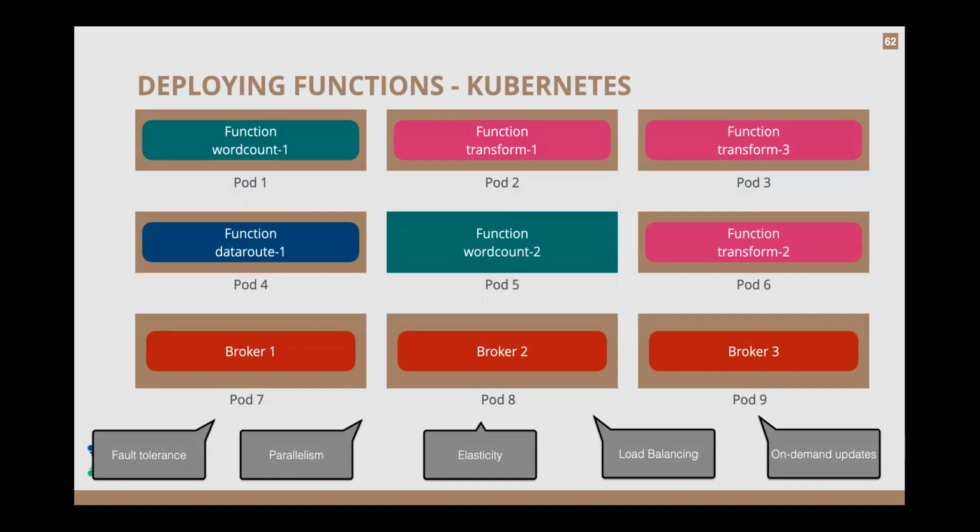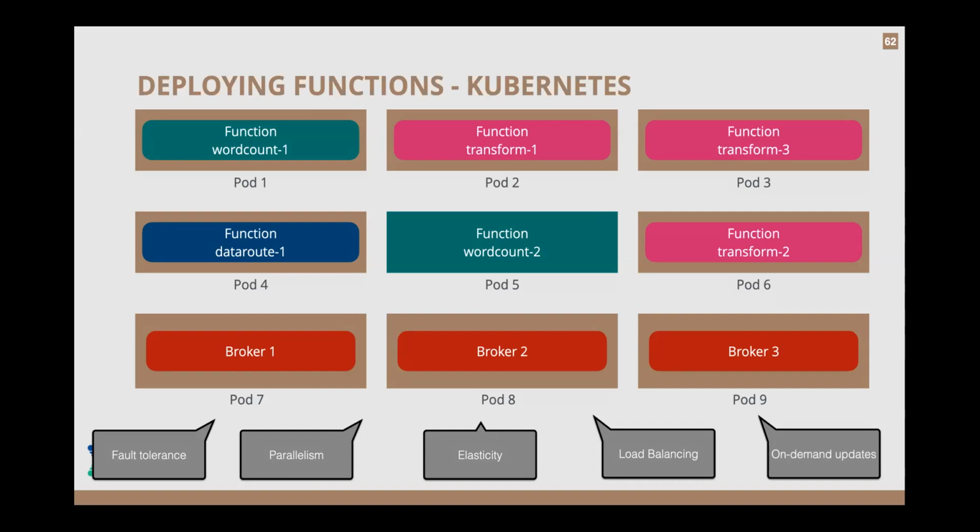But this provides you all those different features there at the bottom, which is fault tolerance. Kubernetes by default, for example, if a pod dies, tries to restart it automatically. Parallelism is supported in all cases, but this makes it easier because you just scale up more pods. If I see that the back pressure on the topic that is consuming is not keeping up with the data, I can just increase that function count to 2 or 3 or 4, and that will just spin up additional pods running that same function.